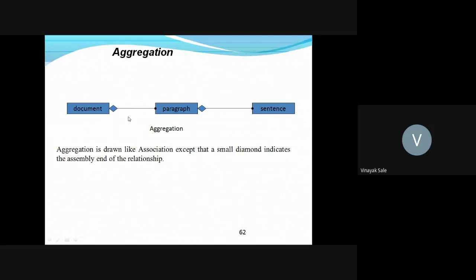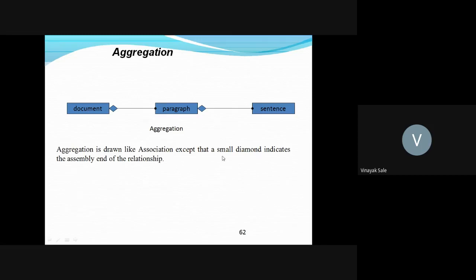But it is antisymmetric, that is, a document contains a paragraph, but a paragraph does not contain a document. Similarly, a paragraph contains a sentence, but a sentence does not contain a paragraph. This is the antisymmetric property in case of aggregation.